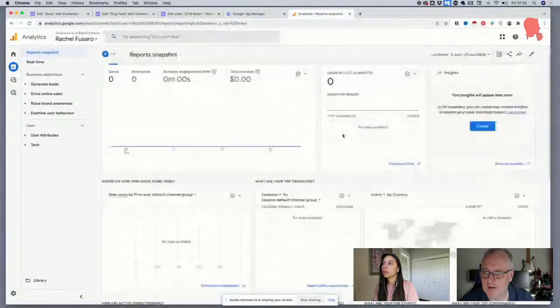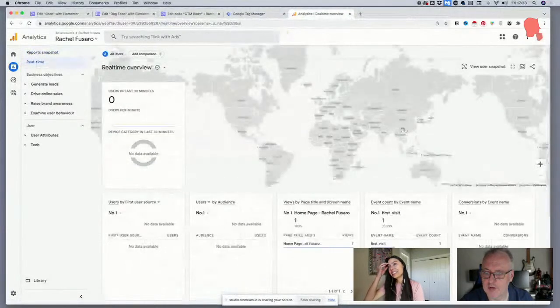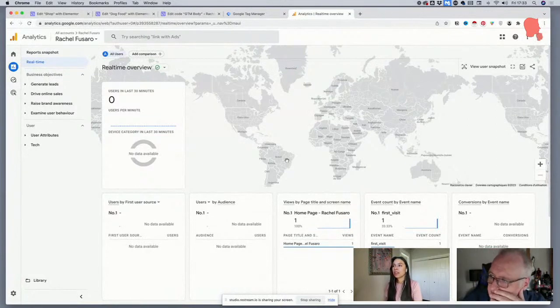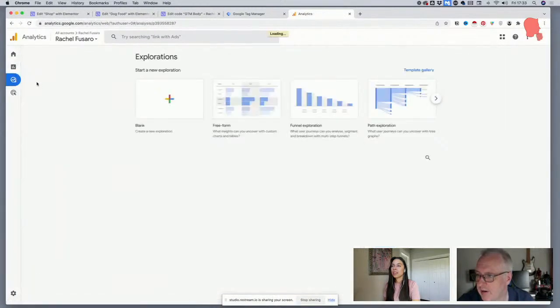Might take a while. Sometimes it takes a few minutes for some reason, but no, you see, there's one. That's me in the UK. Okay, homepage. Fine. Oh wow, so you can see people in real time. Yeah, you can see them in real time, and then you can go to the Explore tab